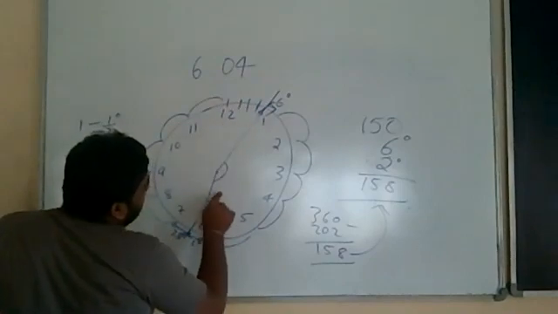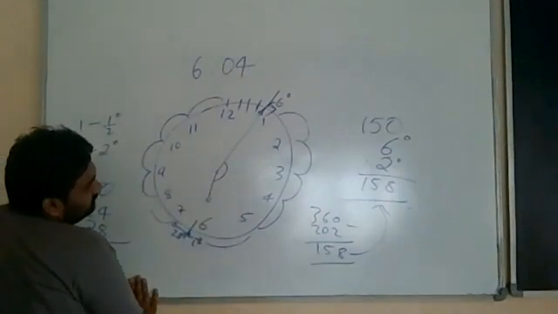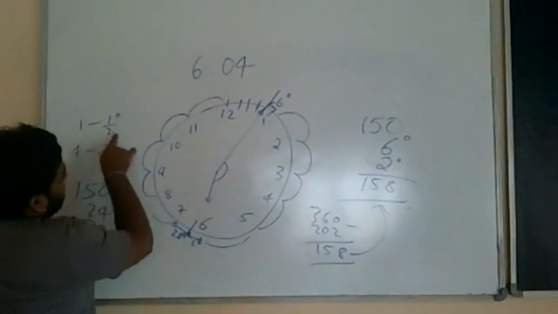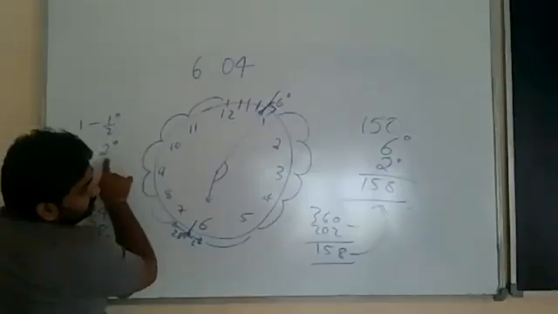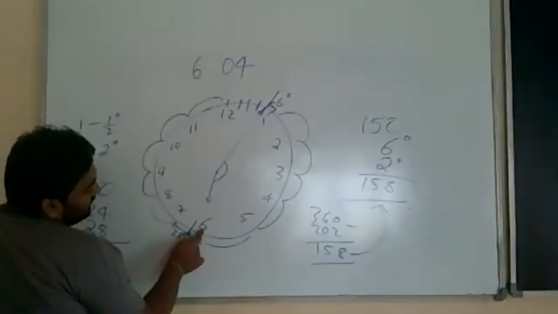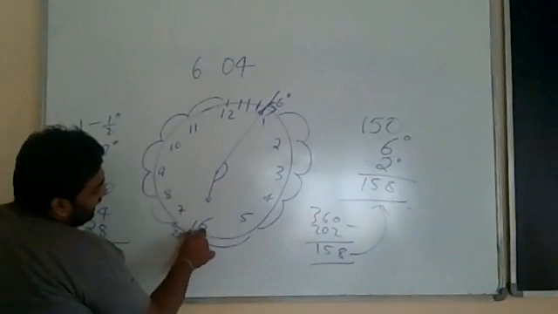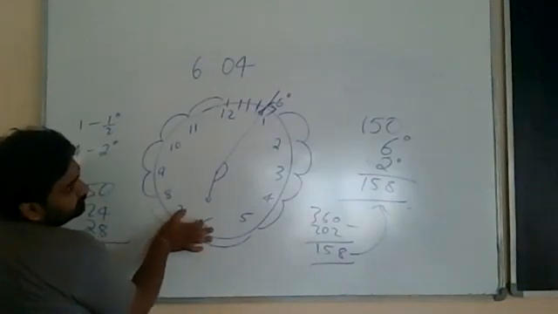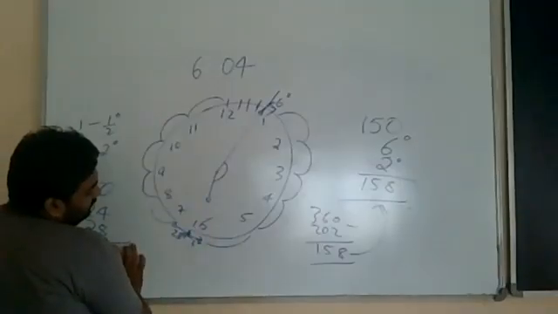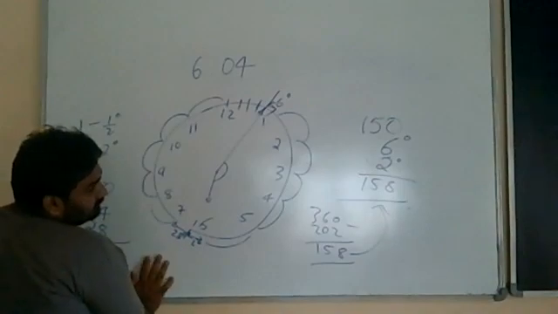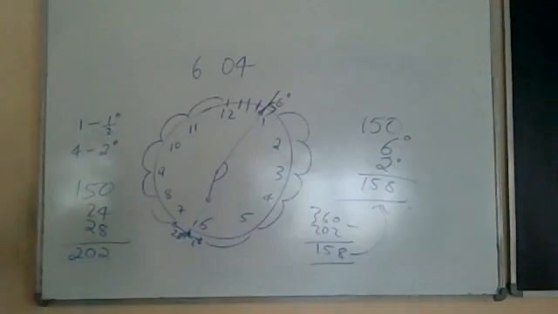How much has our hour hand traveled? In 1 minute, it covers half a degree. Correct? So in 4 minutes, it must have covered 2 degrees. Which means from 6, it has started to move towards 7. And out of this gap of 30 degrees, it has covered 2 degrees. Correct? Remaining is how much? 28 and a half. Correct. Understand? Yes, understood.